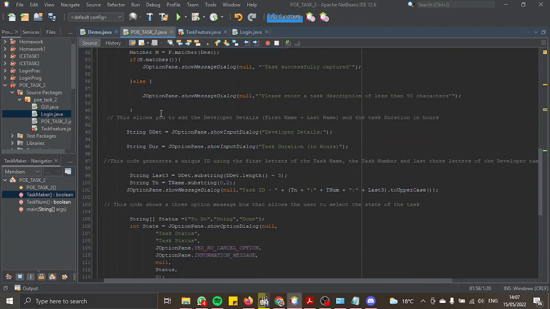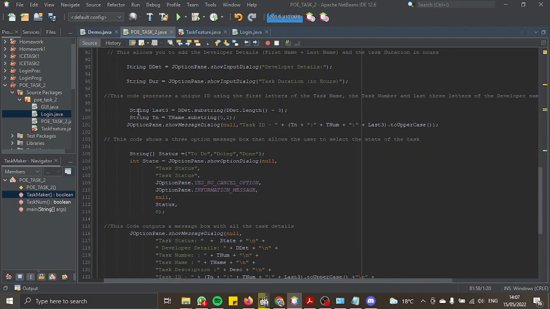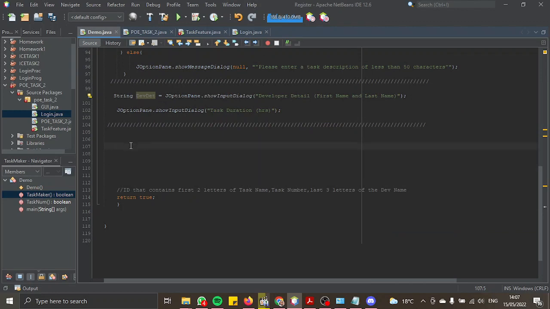So then what we need to do is make 2 strings with a substring and the length that minuses from 3. Just to make this easier, I'll explain. So we'll call this first one string tn, that's task name, is equal to